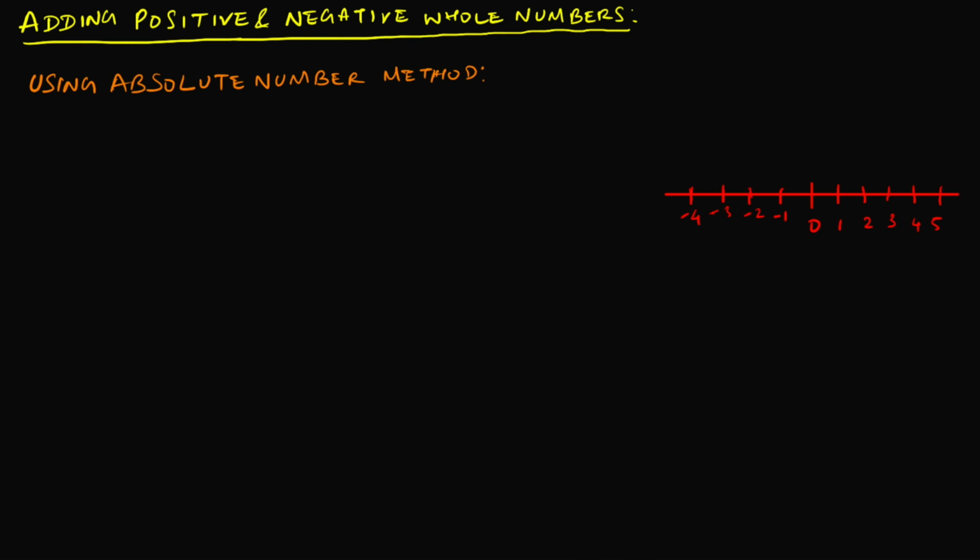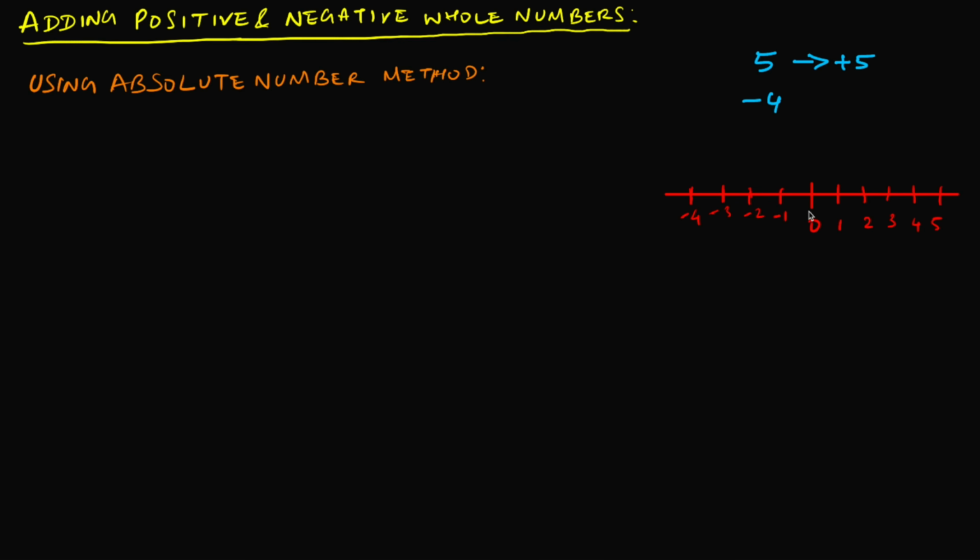A number could be a positive number or a negative number. Normally, we won't use any sign for the positive number. So when we write just 5, it actually means plus 5, which is a positive number. And a number can also be a negative number. So if we write -4, then we're simply saying that this is a negative number, which means on the number